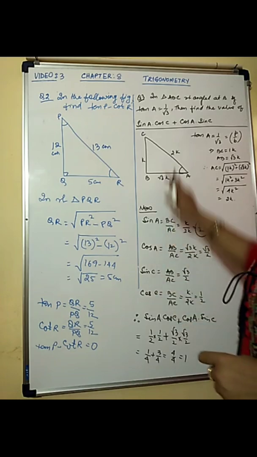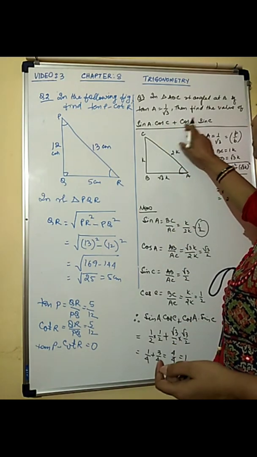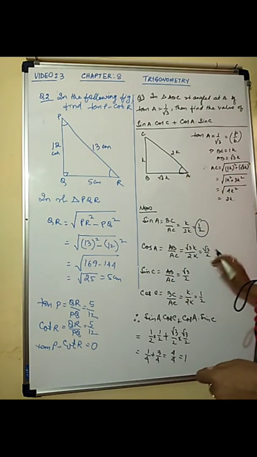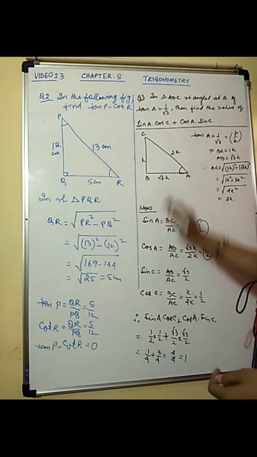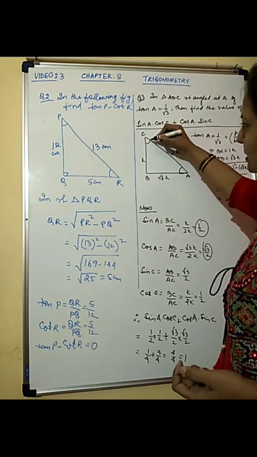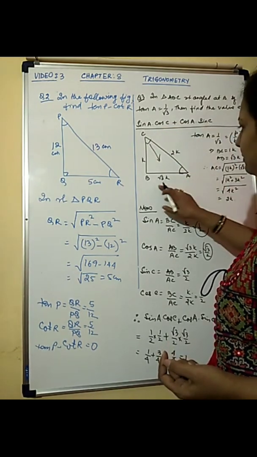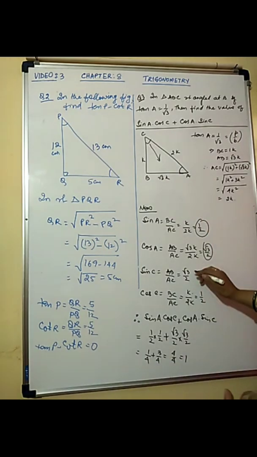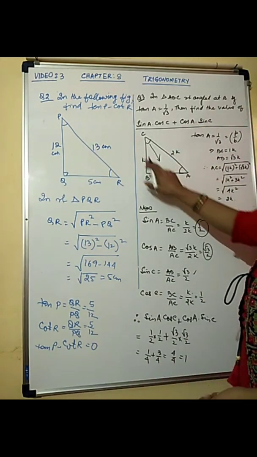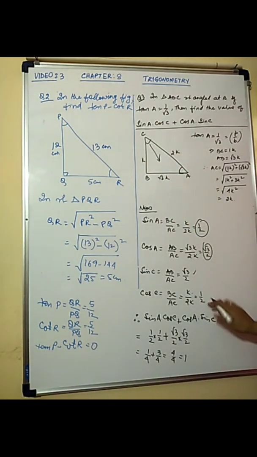Now, what is cos C? For this, let us first find for angle A, because we need it here also. For cos A, we get base by hypotenuse, so root 3 by 2. This is sin A and cos A. Now we go to sin C and cos C, both required. For this angle C, this is the perpendicular, so sin C is root 3 by 2. And for cos C, this is the base and this is the hypotenuse, so k by 2k, that is equal to 1 by 2.